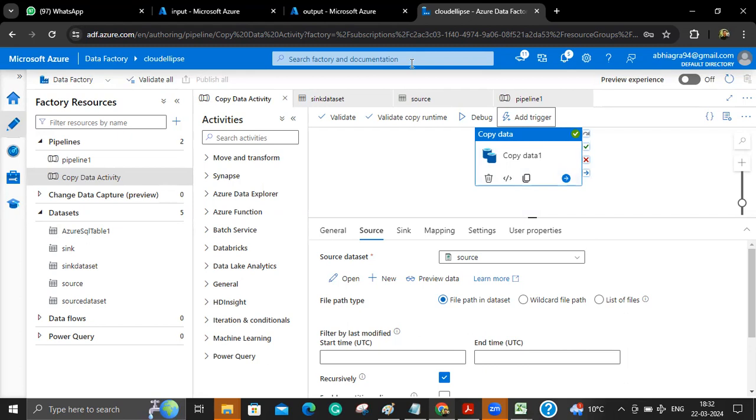Suppose there are two kinds of things which they can do. Either they migrate the data completely, like they won't be using the SQL after the migration. So that is a data migration. For that, you can just migrate once, directly to Azure SQL. But suppose your requirement is that they specifically want some sort of data to be there in the cloud, not all